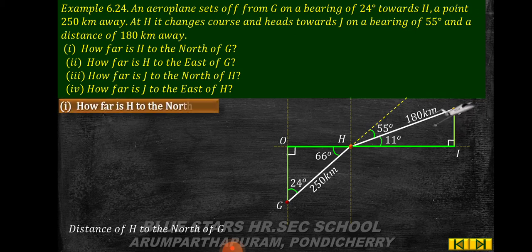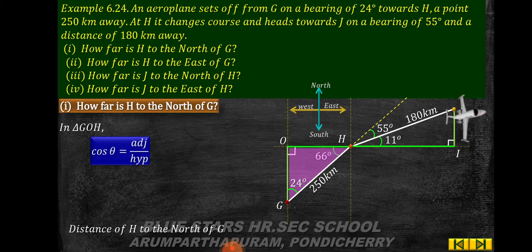First subdivision: how far is H to the north of G? You know north, east, west and south, the four directions. So first we are considering the triangle GOH. In GOH, cos theta is equal to adjacent by hypotenuse. The theta value: cos 24 degree is equal to adjacent, which is OG, and hypotenuse is GH. Cos 24 degree value is